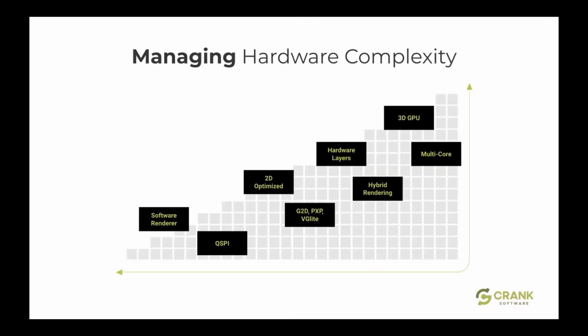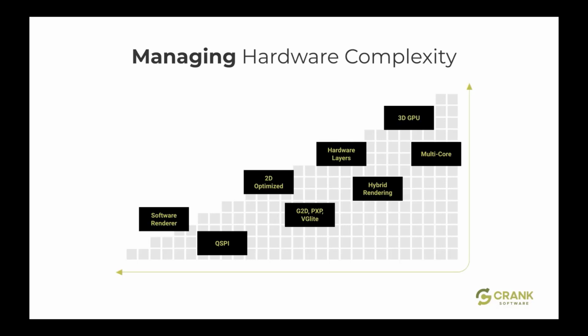But coming back to what Rob was talking about earlier, managing complexity. As he mentioned, the hardware vendors are giving more and more inside of what they can fit inside of that processor, MCU, or MPU. And Storyboard is going all those different ways. So we can go up and down to match wherever you need to be. If you're going to be on a small processor and there's no optimization, we can just do software rendering. We can leverage the QSPI interfaces for RAM that can help you save on a lot of RAM space with your images